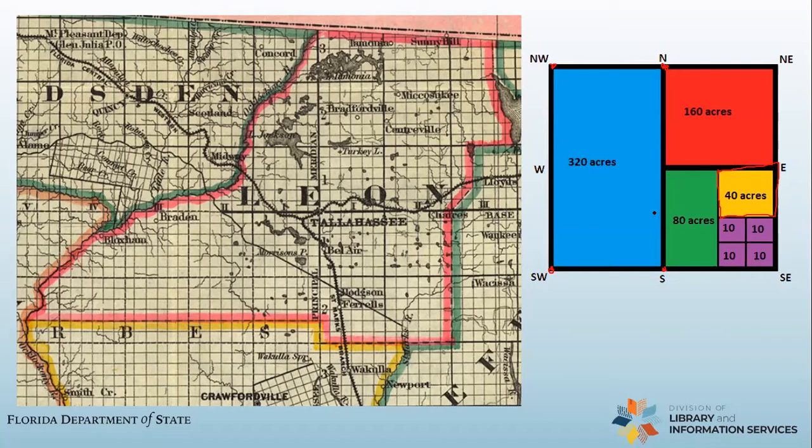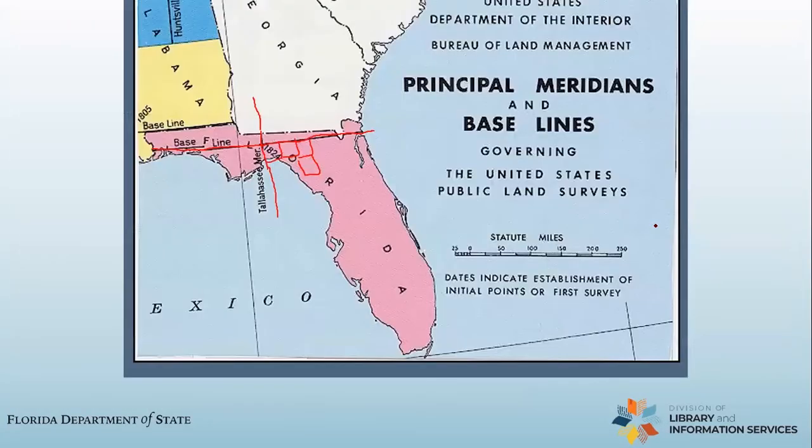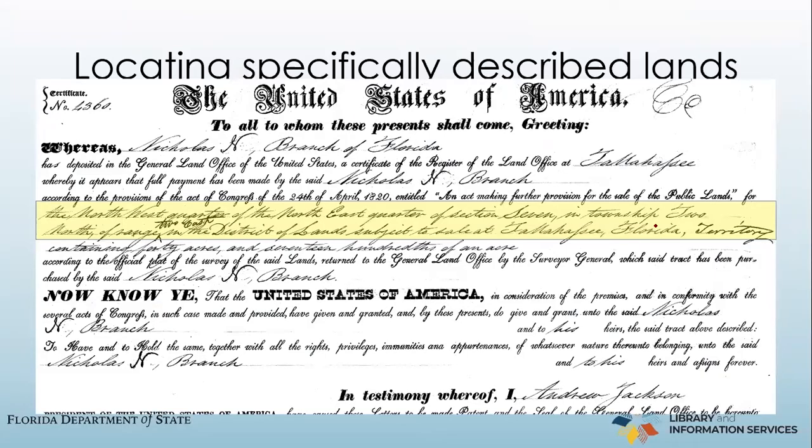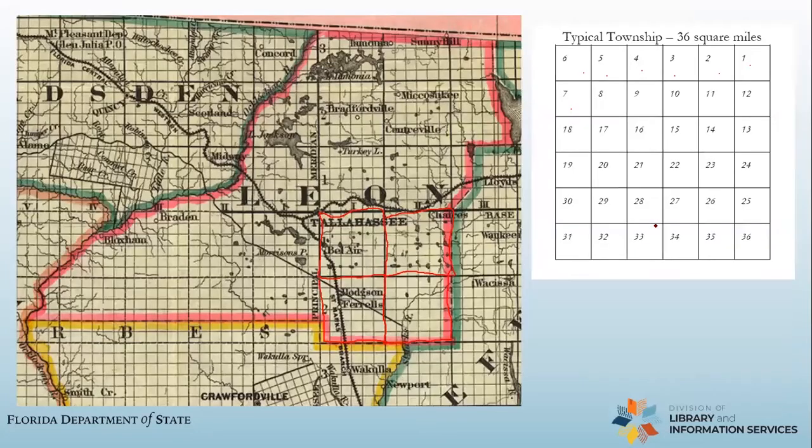in the deeds and the land patents belonging to your ancestors or on a tax roll or something like that, that's the way the land is going to be described. If you go back to that legal description that we were looking at earlier, it says that this guy is being sold the northwest quarter of the northeast quarter of a particular section. Once you understand how this system of describing land works, you'll be able to find that exactly.